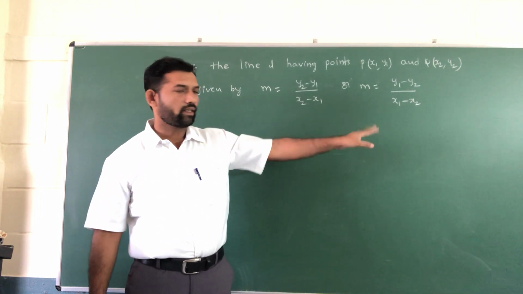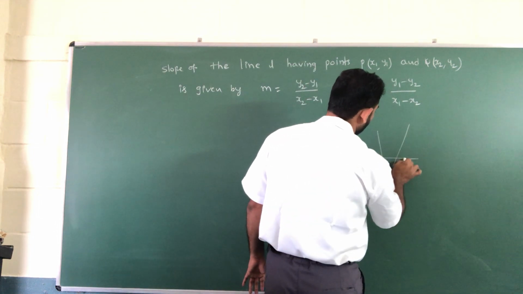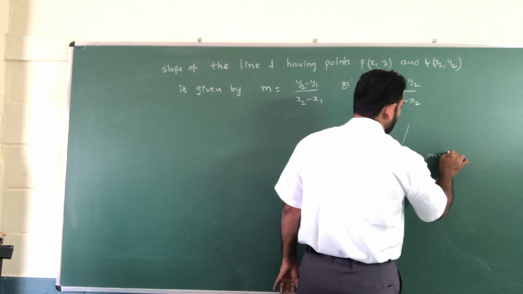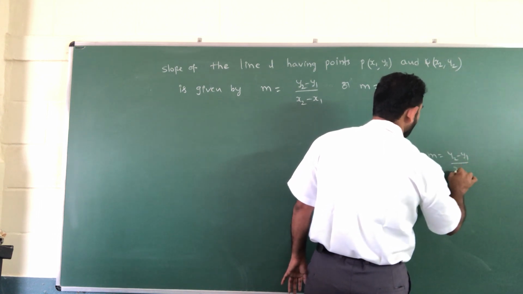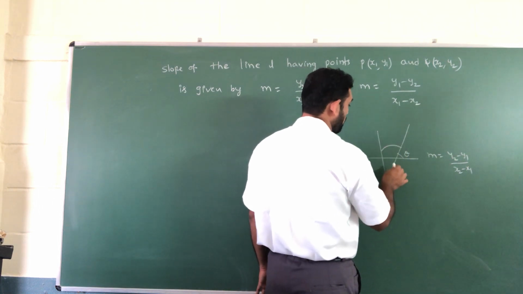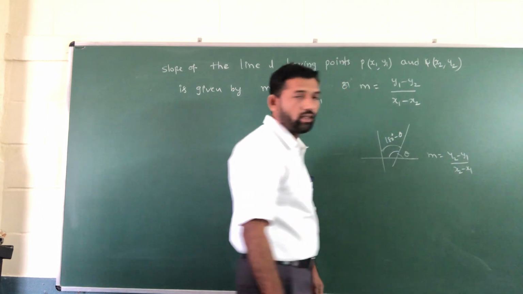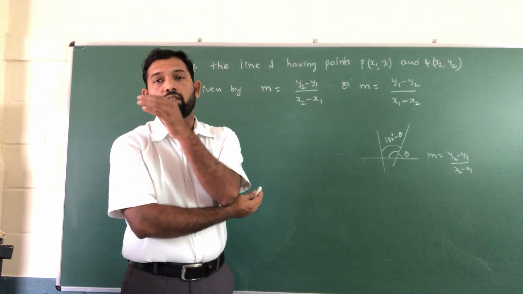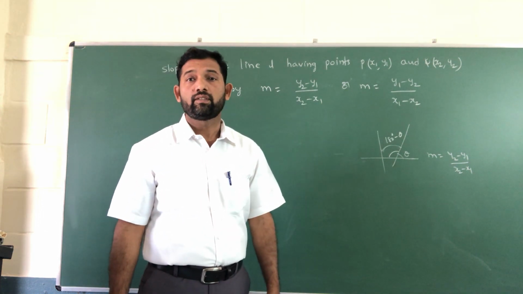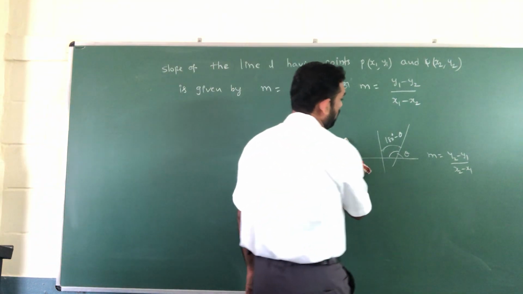In another direction, suppose I took theta here. In this direction I got the slope value m equals y2 minus y1 by x2 minus x1. In this direction also, the next angle is 180 minus theta, the alternate angle. With 180 minus theta also, we get the same slope value. On this, note down one example.